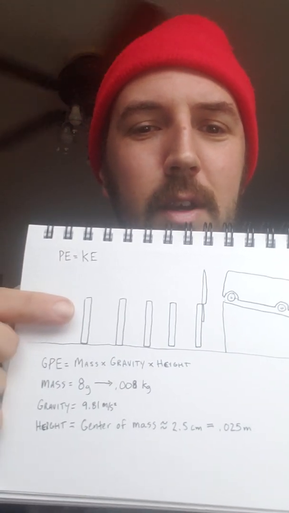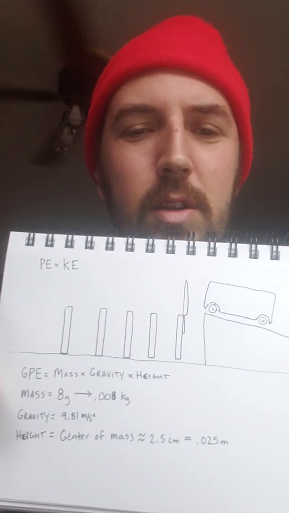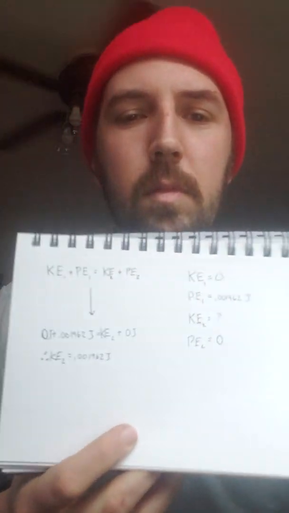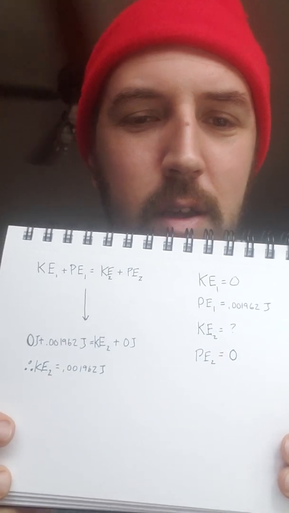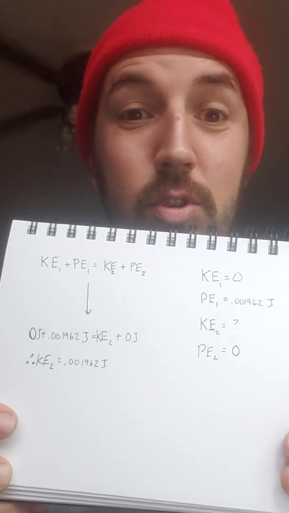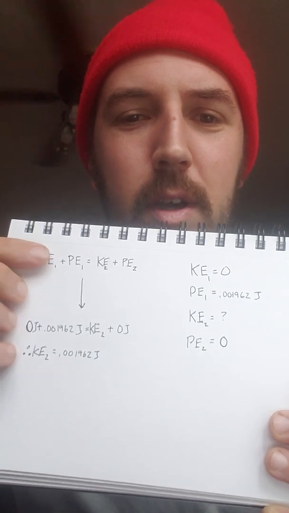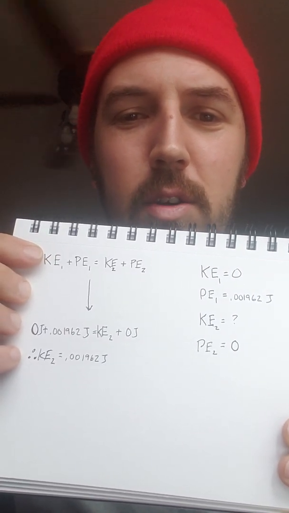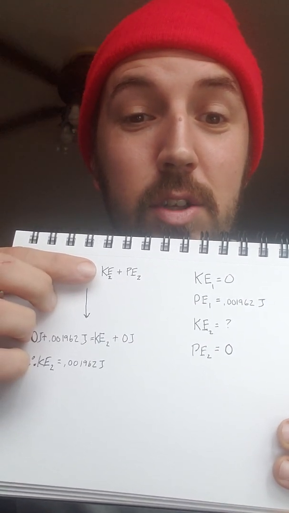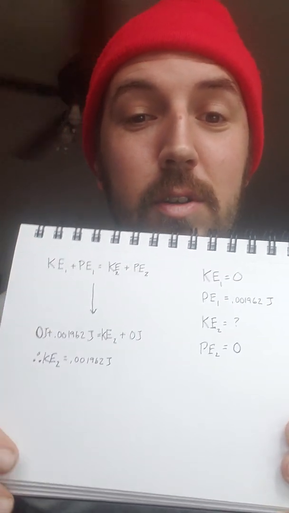Now, when I give it a flick, which will go negligible here, let me give you a little flip here, you'll see that the potential energy starts off with roughly 0.001962 joules, the unit for energy. The formula: the initial kinetic energy plus the initial potential energy will equal the final kinetic energy plus the final potential energy. Now, when that domino falls over,